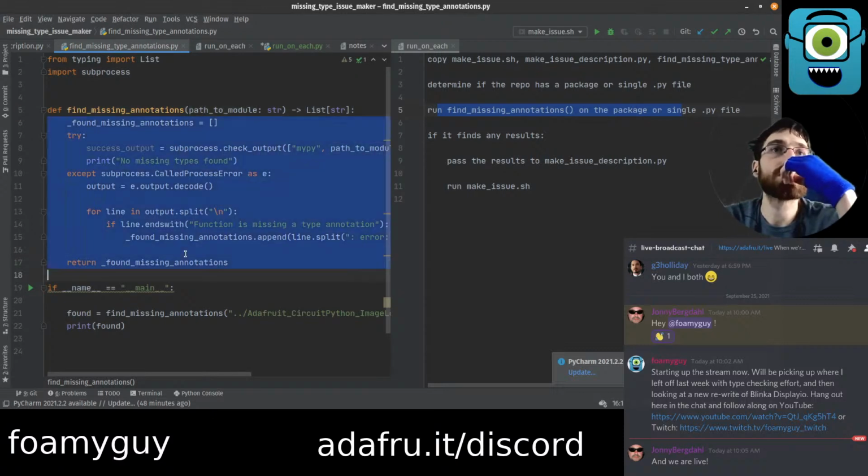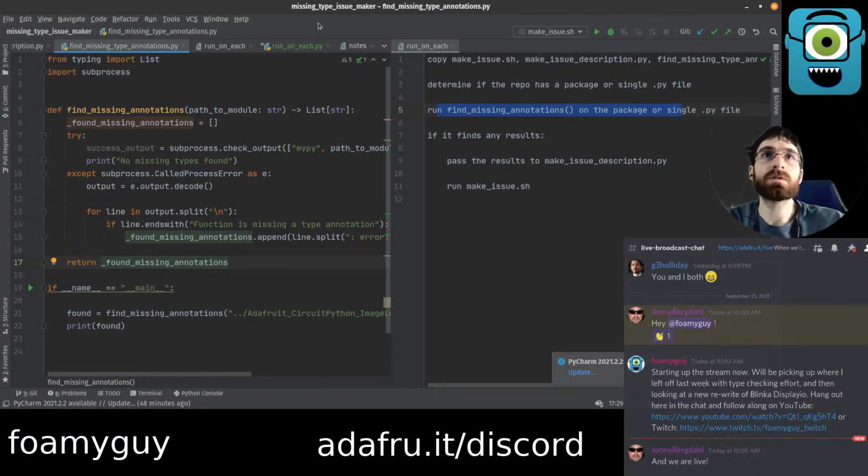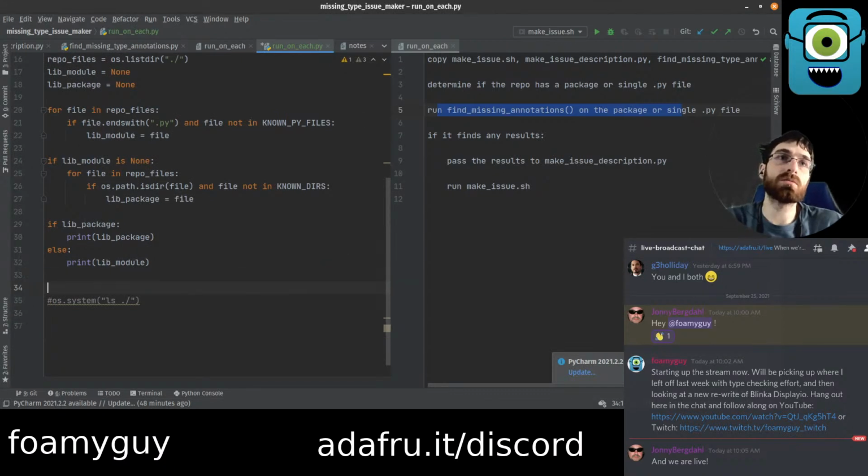Which returns a list. This returns a list. So we go missing types, missing types equals find missing annotations, and we will,